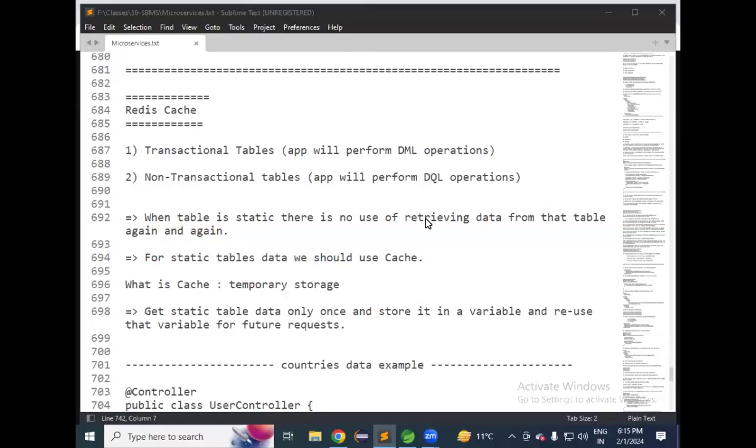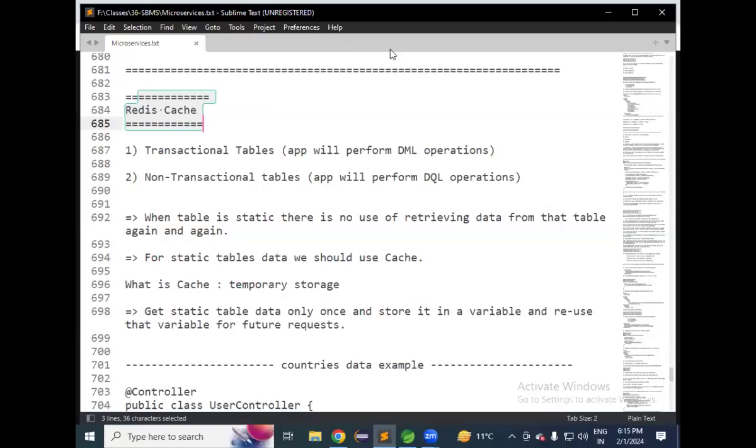Good morning, everyone. In the last session, we discussed what Redis cache is and why we need to go for Redis cache. When we are developing the application, two types of tables will be available in the database. The first one is called transactional tables. The second one is called non-transactional tables. A transactional table is nothing but